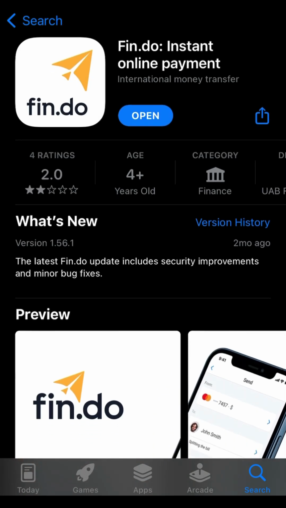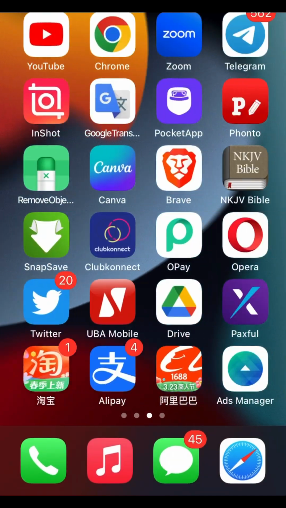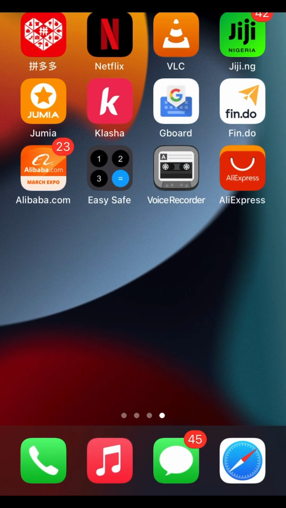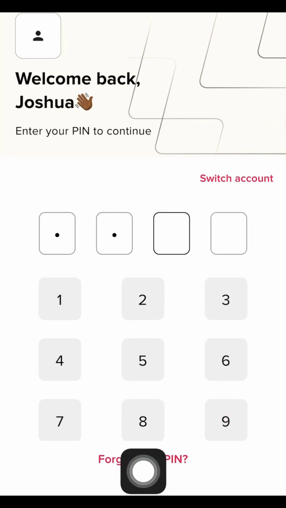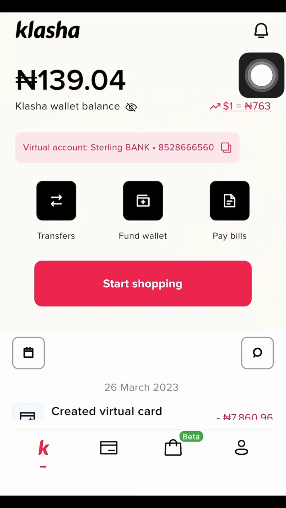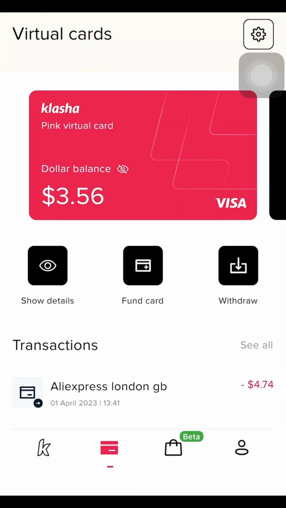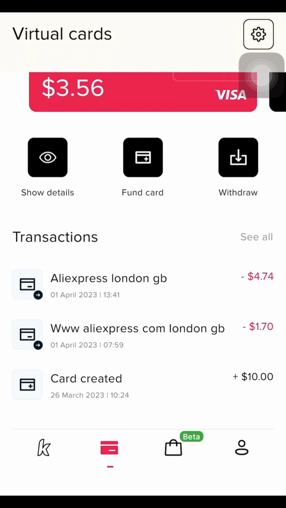So now let me go to my Klasha app. Here is my Klasha app over here, and I want to show you something. This is my virtual card, and you can see that I have $3.56. I've used this card to buy on AliExpress twice. The first one they charged me $1.70, the second one, still on AliExpress, they charged me